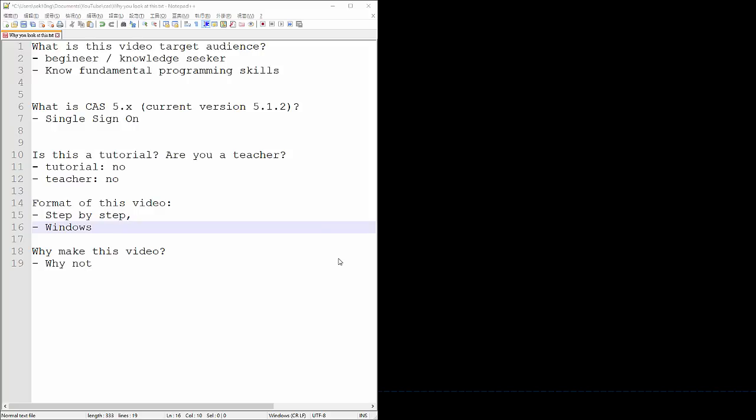CAS 5.0 is a single sign-on framework. It allows you to log into one page, then another page and another page, using only one login page, something like that. And it has a lot more features. You can watch other videos, which I may link in the description, which have more explanation about this topic. But for now, I'll talk about the demo, and you should learn about CAS structure using another video and other articles.